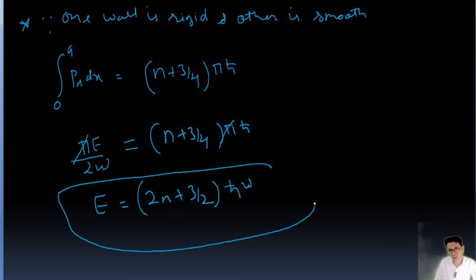Okay, so this is the value for the half part of the harmonic oscillator. Okay, so this is the one. Next one is,